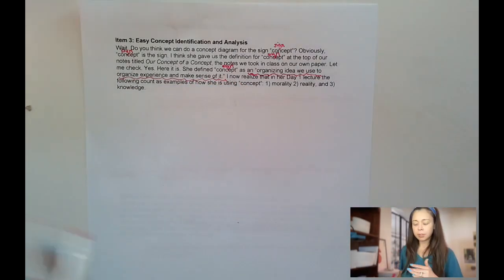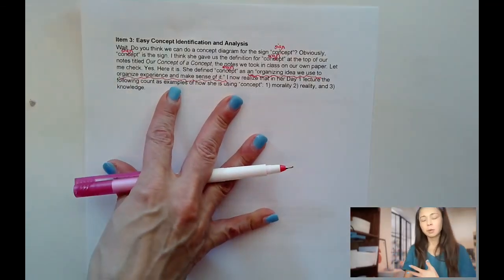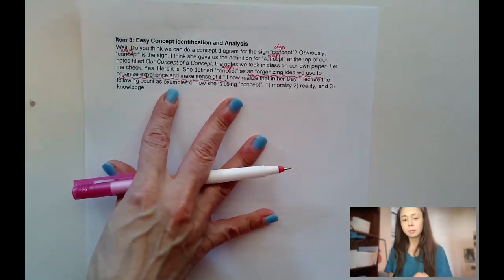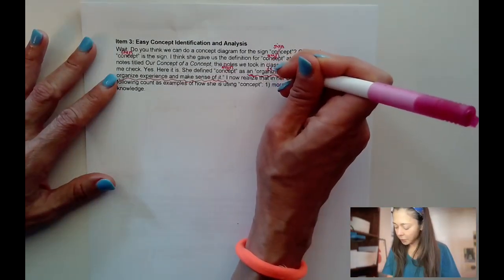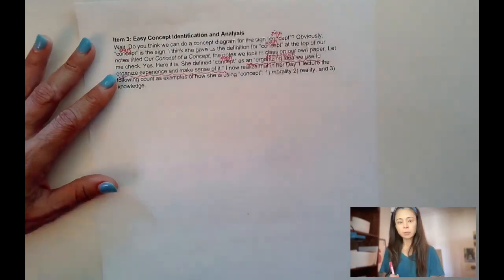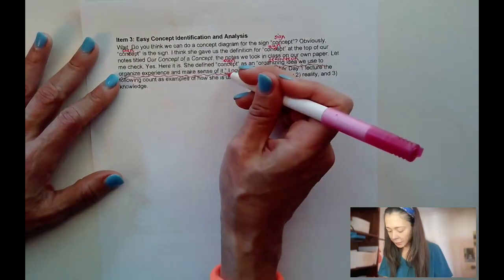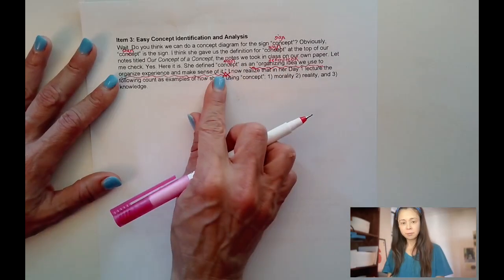Timeout. This might be a slightly different definition than what I gave you guys in POL 1, and that's okay, or in some lesson that focused on concept. It's basically the same. But of course, you should have written the word what? Definition over that, which has a wavy underline. I didn't mean to go this far, so I'm going to cross it out because that's a mistake I made. I only meant to go to the end of that.